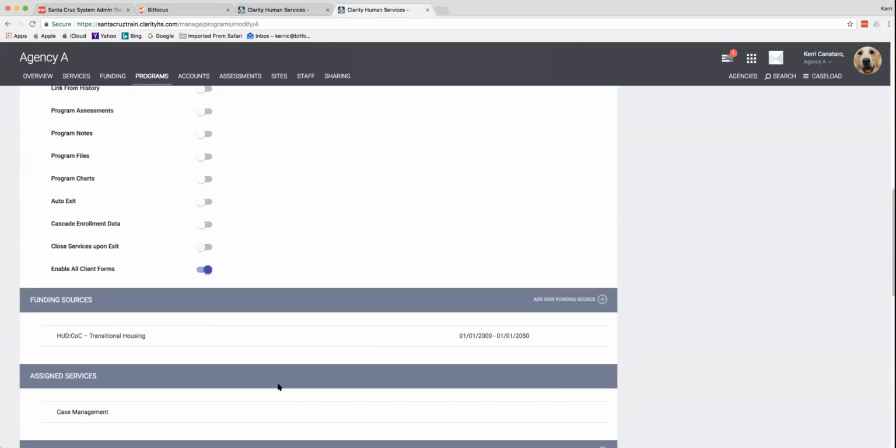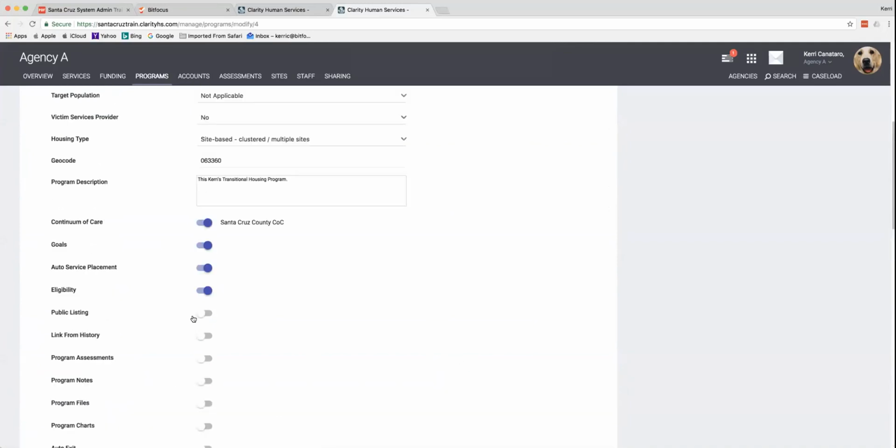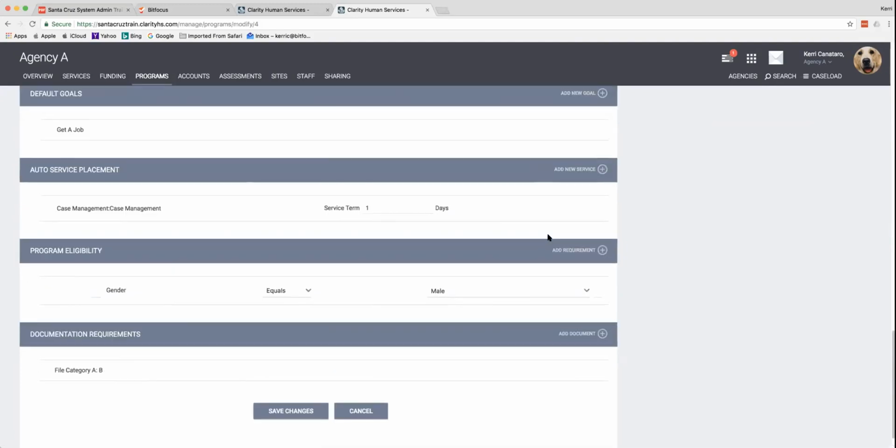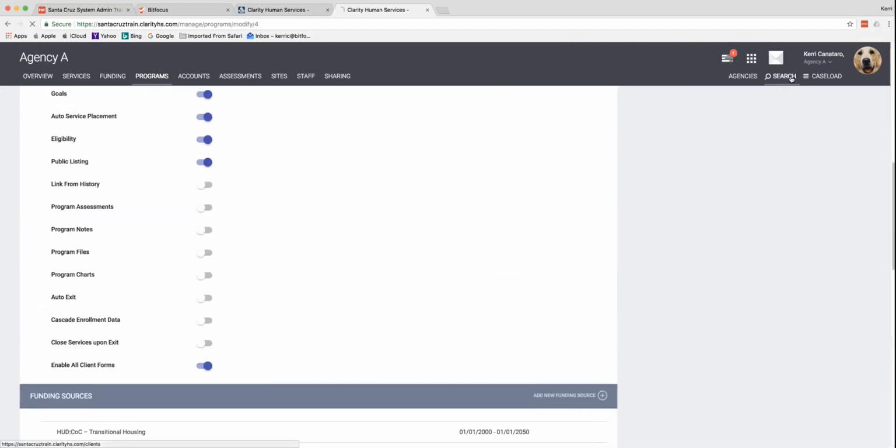So if you have programs that have specific requirements, public listing. When public listing is enabled, other agencies can view the program and refer clients to that program. If it's disabled, other agencies cannot refer clients to the program. So this comes into play when you want to make, I'm going to save this real quick, when you want to make the referrals